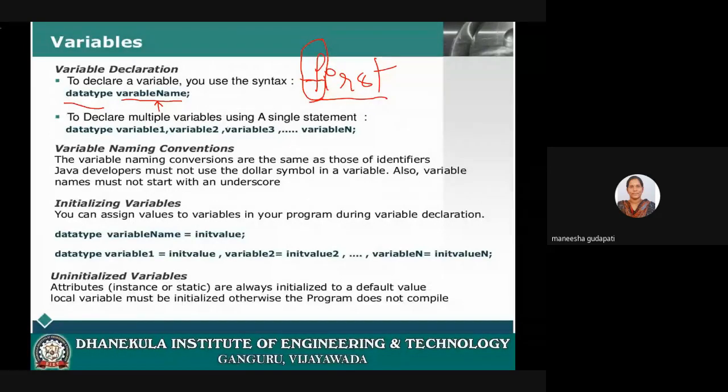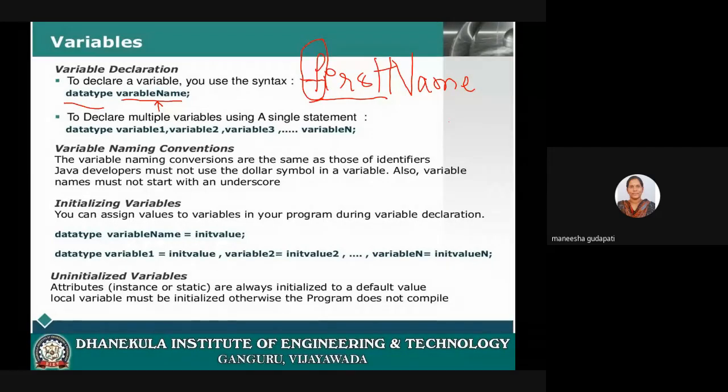Next, "name" is the second word. If I am using any second word in the variable name, that word's first character should be capital, so N should be capital and the remaining letters should be in lowercase. This is the naming convention you need to follow.